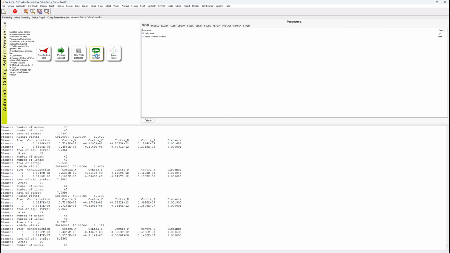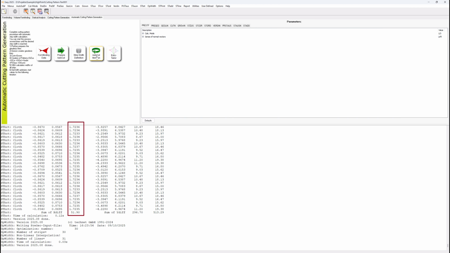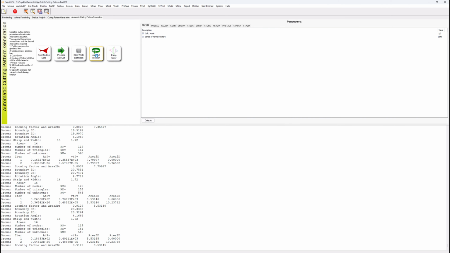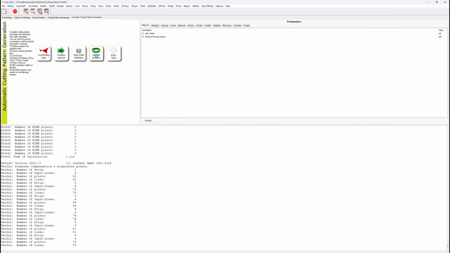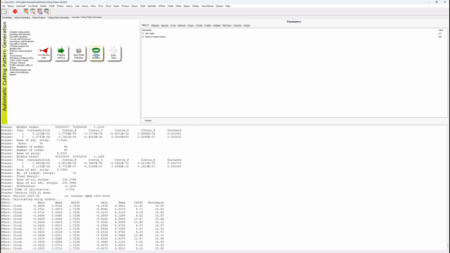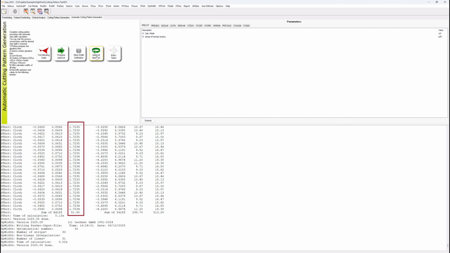With 4 iteration steps, each triggered by restarting the calculation, the desired state is reached in our case. The strip widths now differ by only a few micrometers. The final width is 1.723 meters. A tolerance of 3 millimeters compared to the target width results from the precise radial subdivision and is considered negligible